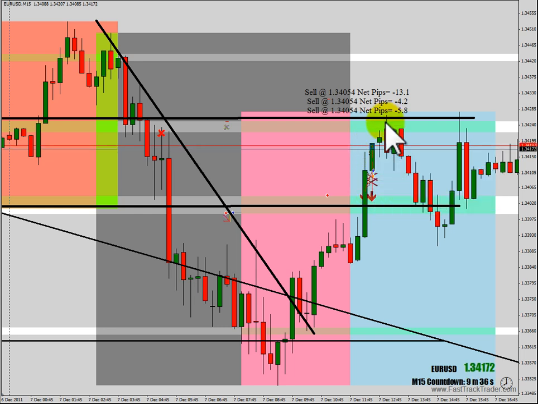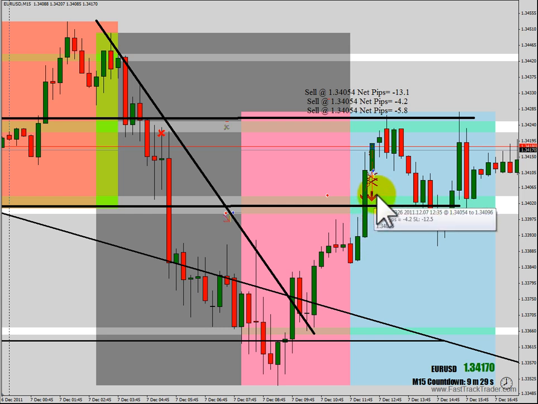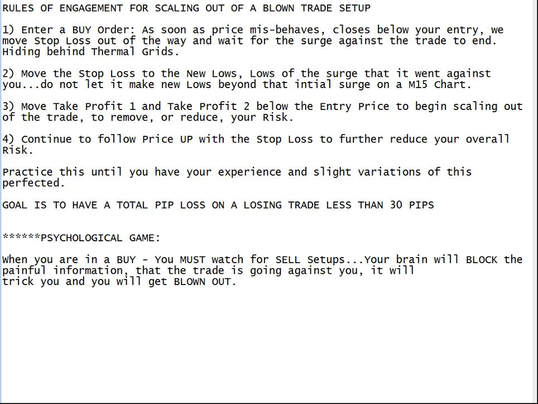Could I have waited for this to go all the way through to here, cycle down? Yes, I could have maybe gotten a little better and even been profitable on that. So the rules are there. The key is to have them and follow them, and I didn't follow them to the best here on this trade, but I want you to learn this concept and take notes and start using this approach,